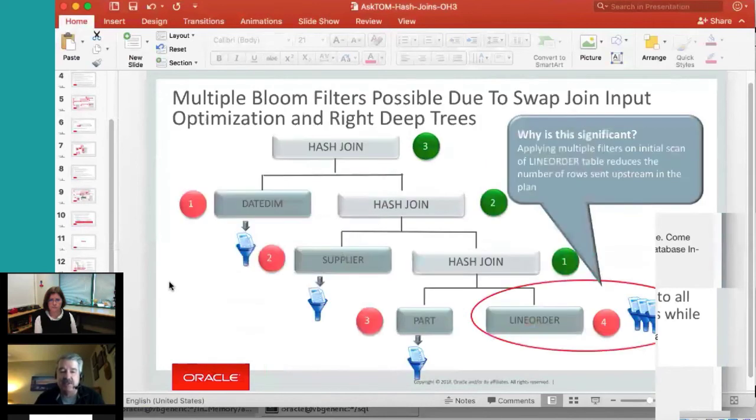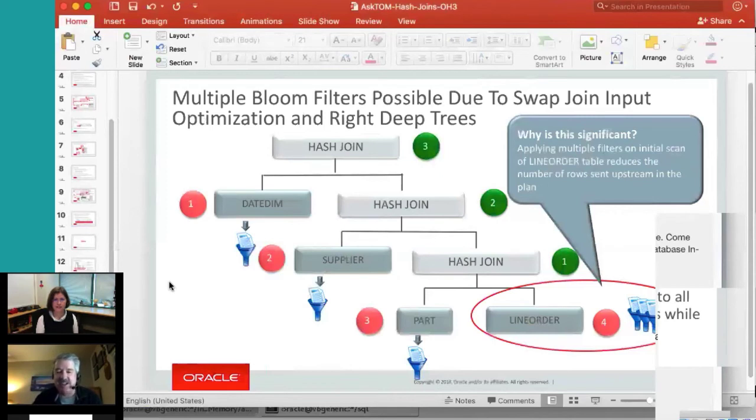With Database In-Memory, and there are some other execution plans that will take advantage of this, the optimizer can swap the join inputs and create a right deep tree. Now, I'm not going to attempt to explain in great detail how left deep trees and right deep trees work. We do explain this in the SQL Tuning Guide. And of course, you can go through Google and get to the academic white papers, there's lots of information. This is not an Oracle unique process. This is relational database management system